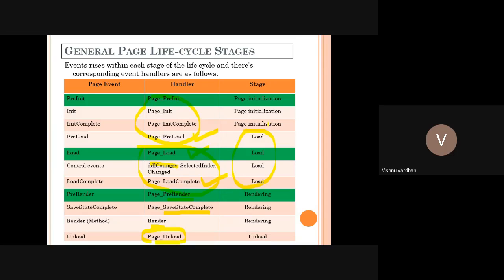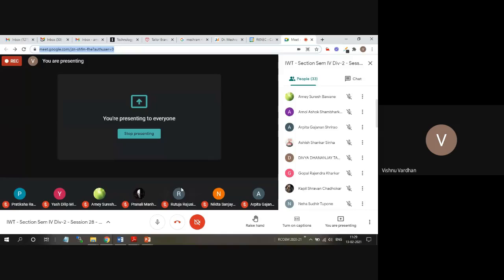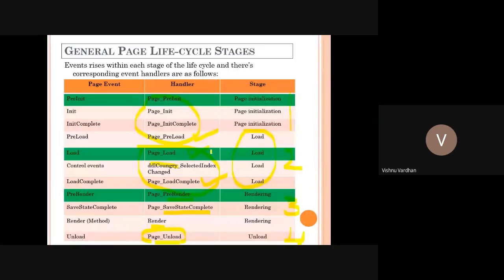So in that way the page lifecycle has some different stages. One is initialization, the second one is load and rendering. This is where the actual output is generated to the browser in the format of HTML. Then finally, after sending that response, the page memory will be reclaimed by the GC, the garbage collector. So this is how we can see the page life cycle of ASP.NET.